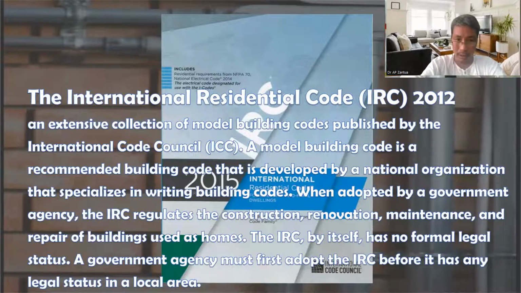A model building code is a recommended building code that is developed by a national organization that specializes in writing building code. So what are the national organizations that specialize in writing building code? Like NFPA, like IEEE. Those are professional organizations that write building codes. Like ICC. These are the building code producing or publishing